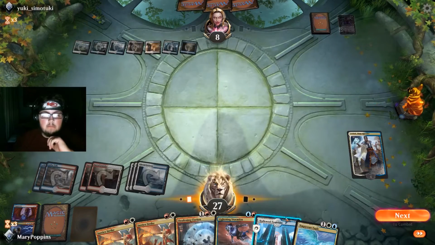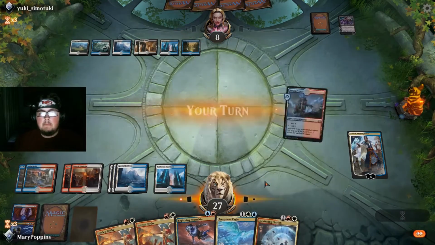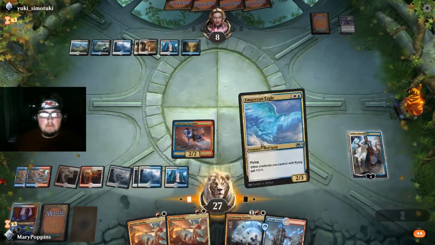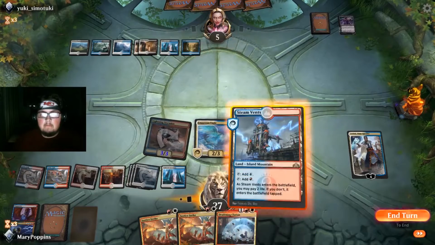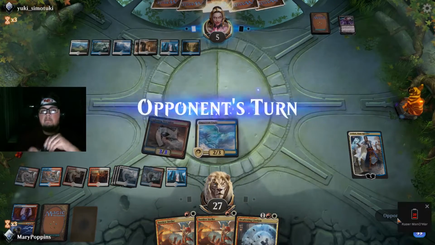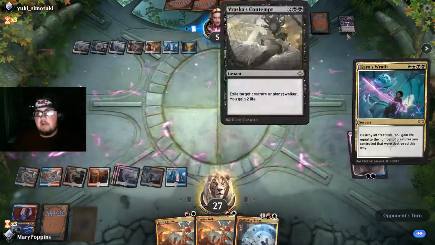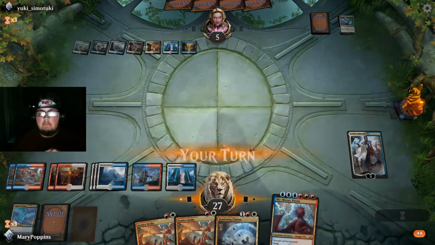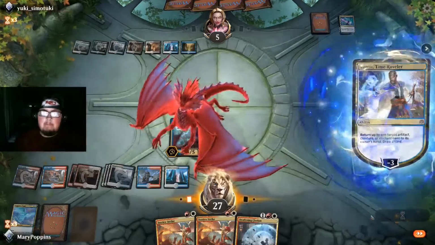Oh, there's some good ones. Looks like you're on your own now. Exact same run out again. Here goes nothing. That is the 3rd Kaya's wrap. Okay. Let's see what you got for this one. I'll protect